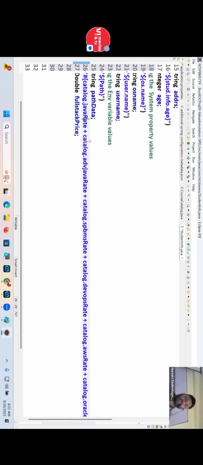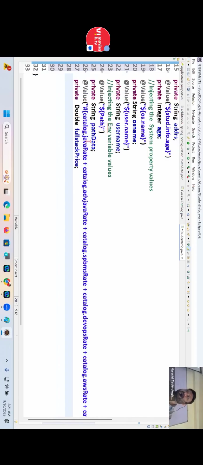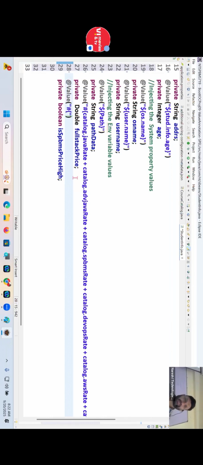Yeah, javaRate with capital R. So here I am performing an arithmetic operation. Okay, private boolean. Is SpringBMS price high? I just want to check whether the SpringBMS price is high. @Value hash, curly bracket opening and closing. Catalog dot